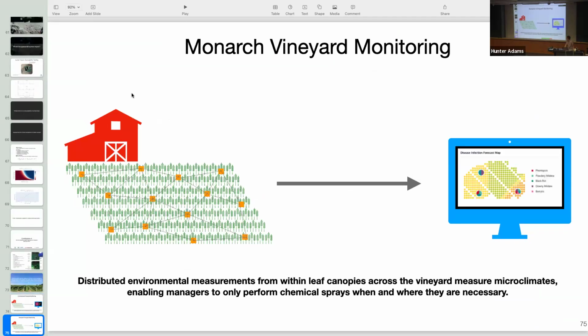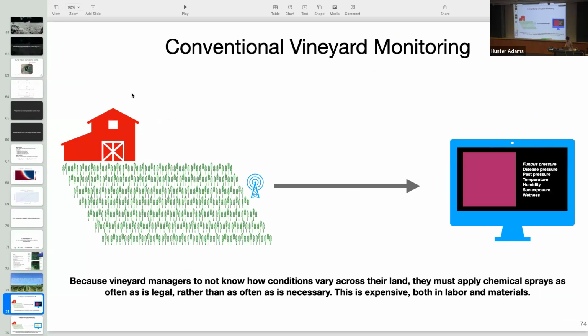With some help of folks at Cornell, I tried to articulate that a little bit. The essential idea being, maybe there's some advantage to that, instead of having a single weather station next to your whole farm and using the data from that weather station to inform your maintenance schedules. To make the observation that in a lot of places, Ithaca being one of them, the environmental variations over a single vineyard are pretty extreme. You can notice this actually. If you go to a lot of the vineyards, many of them are on the lake on a slope, you can feel the temperature gradient from the bottom of that slope to the top.